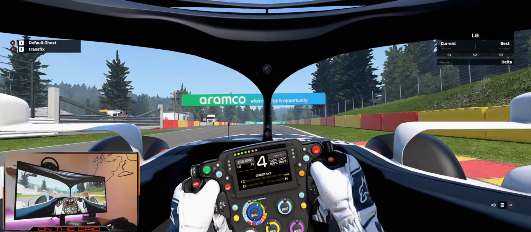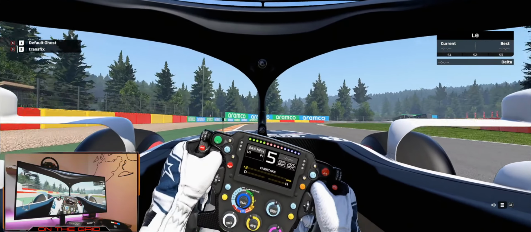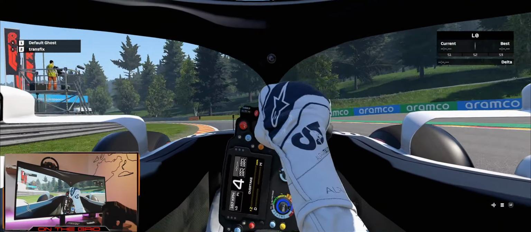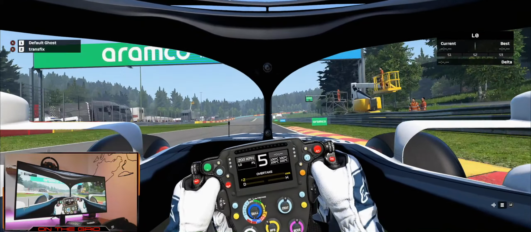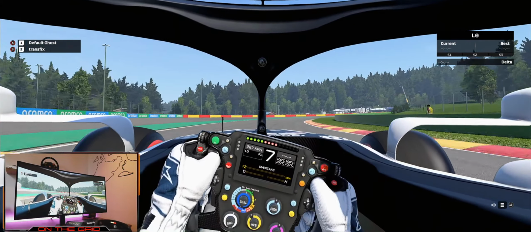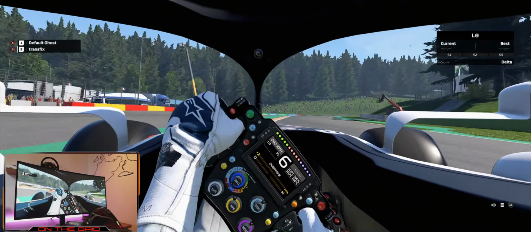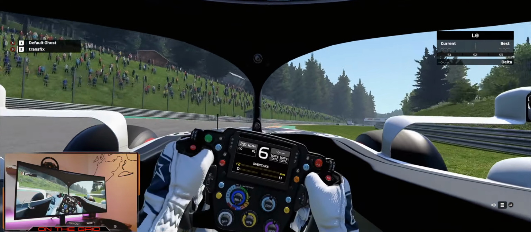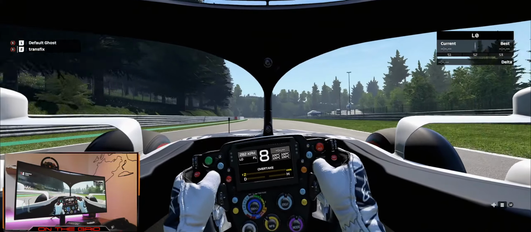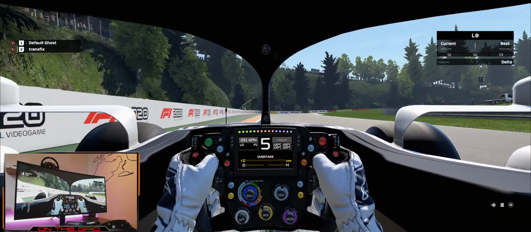This sequence of corners I actually really enjoy going in the regular configuration. Works well in reverse too. That was kind of interesting going uphill.